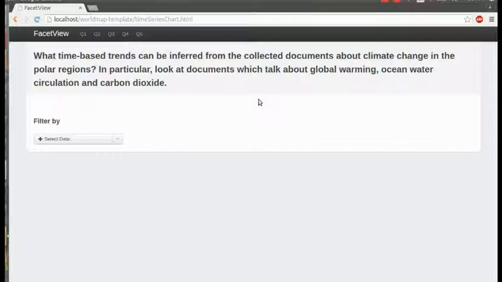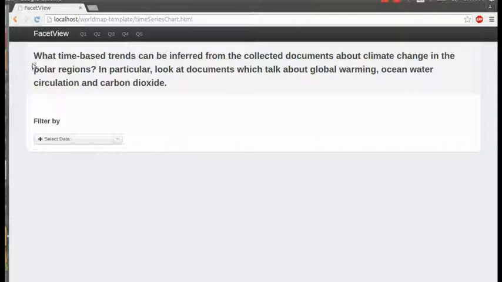We have integrated D3 and Facet View into a combined visualization platform, while Banana is kept separate. But both Facet View and Banana have been integrated with Solr. Facet View basically filters the data that we get from Solr and provides it to D3 by means of intermediate scripts, which convert data from Solr's JSON format to the format that D3 requires. Banana is queried directly on Solr, and the panels that it uses filter and form facets directly on the data from Solr. The first visualization tool is D3 and Facet View.